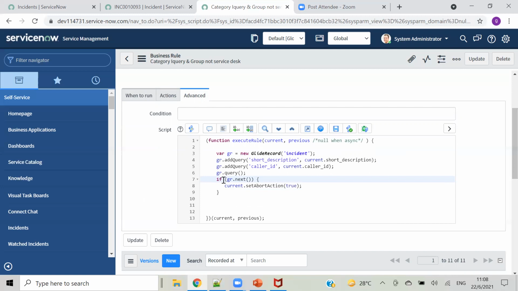I think Gautam, can we change the 4th and 5th line? Like we are querying only the description and the caller already, right? Can we change the condition? I think that is the question. Yes, you can change anything.